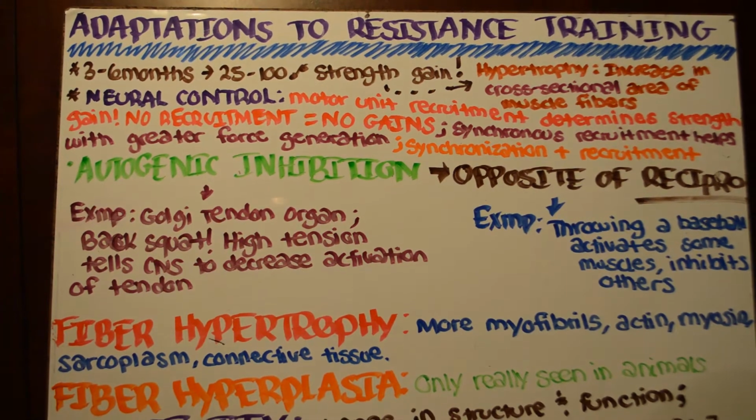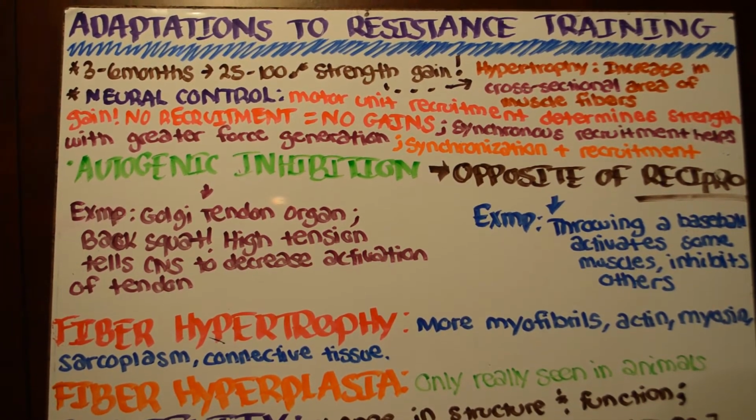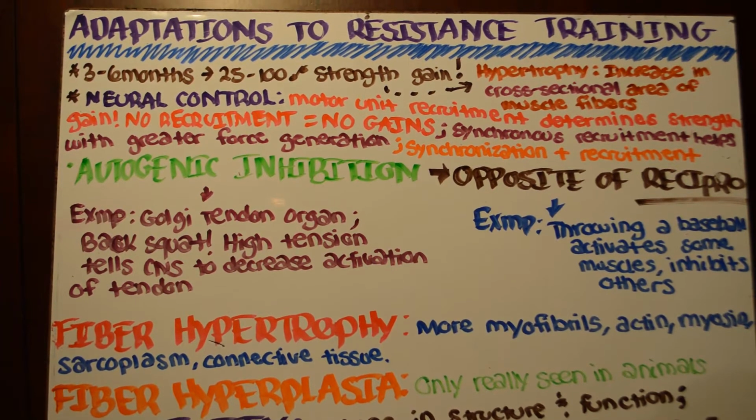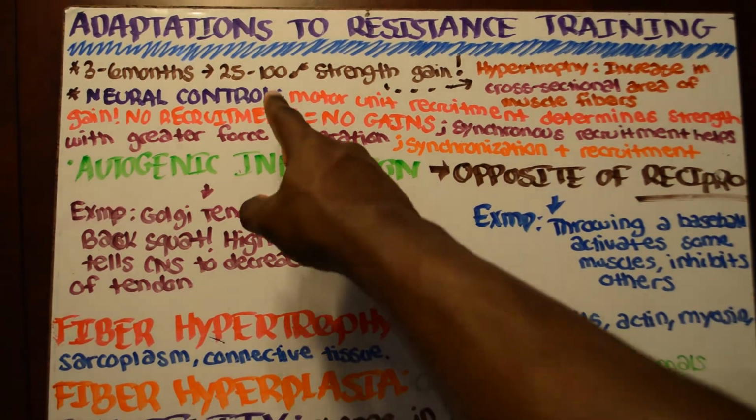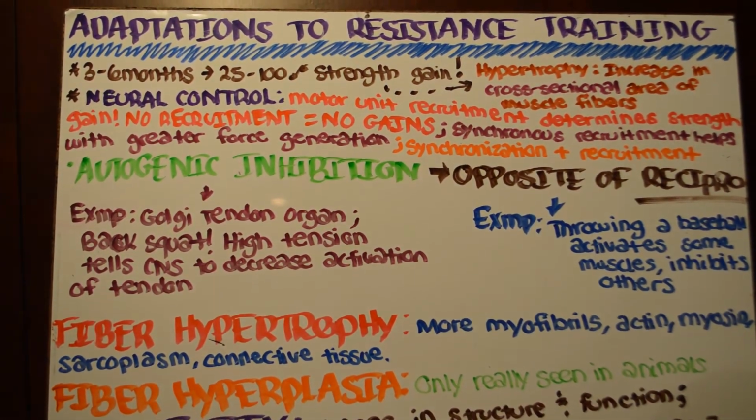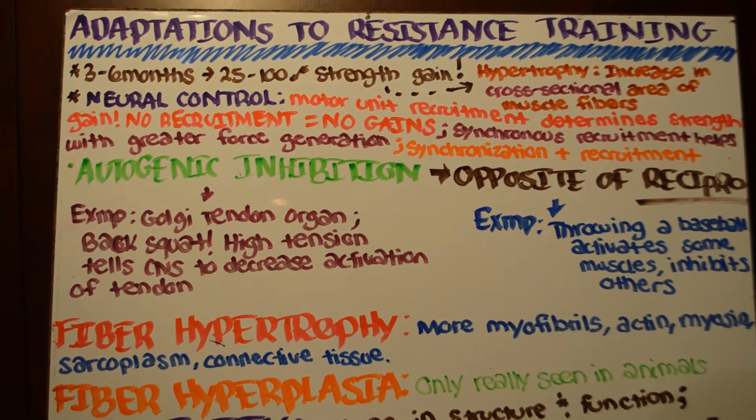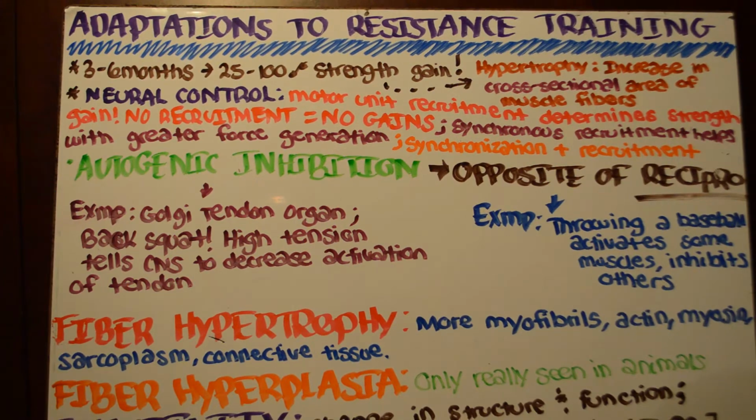So what happens when you start training, right? Or start training consistently, let's say, because that's the perspective you're going to need to consider with this chapter in particular. So after about 3 to 6 months of training, you'll see about 25 to 100% increase in strength gains. Specifically, when we say strength gains, we're talking about increase in the cross-sectional area of muscle fibers, also known as